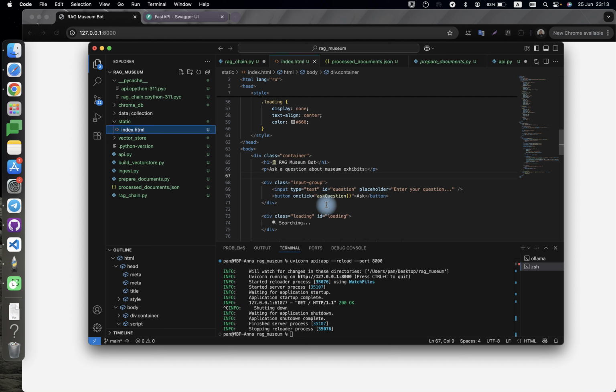So to start, I indexed the documents by running the blockchain file, which prepares the vector store. Then I launched the web server using Uvicorn. Once the server is running, I can open the browser and go to the local address to use and see the documentation in Swagger. Let's run the server,